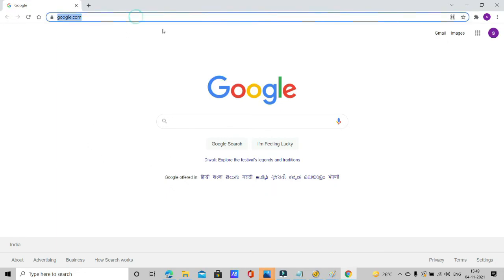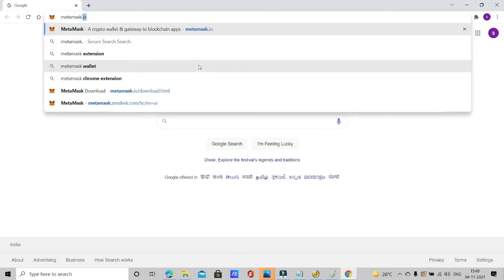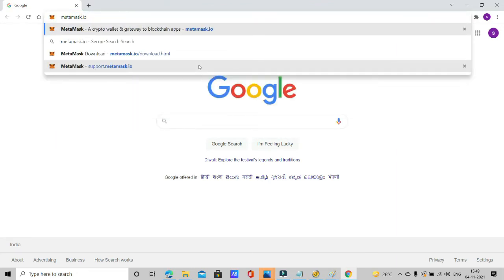So the next thing that you have to do is go to a website called metamask.io. And this is the official website for MetaMask, and it's very important that you're not searching for MetaMask on Google's search window. Now, there are a lot of scam sites, phishing sites which are fraudulent, and if you install any illegitimate version of the MetaMask wallet, you might lose your crypto. So it's very important that you go to the official website.